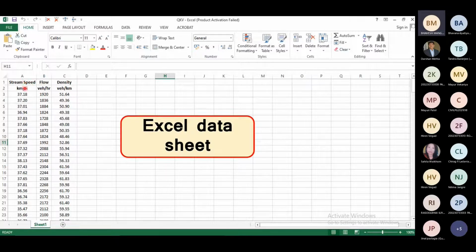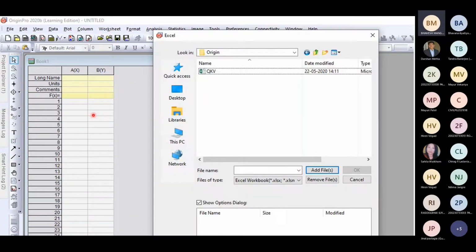Stream speed is in kmph, flow is in vehicles per hour, and density is in vehicles per kilometer. So in the second row, the units are there. So these two are the header rows. These are not the data. Data are starting from the third row. So this information we have to add there.